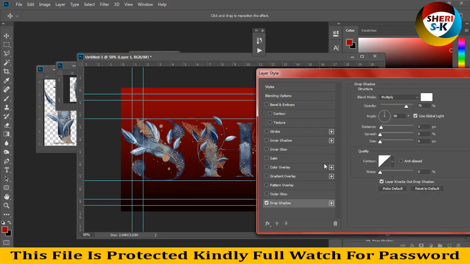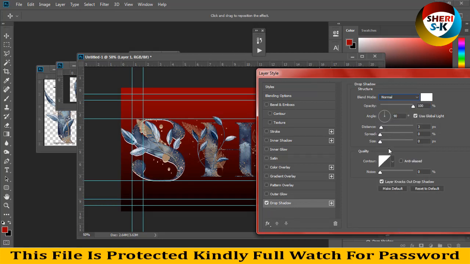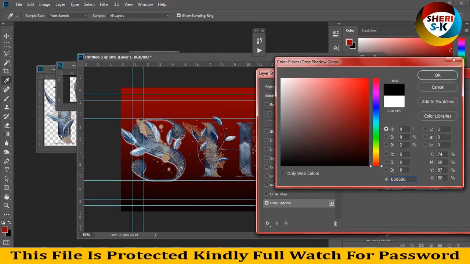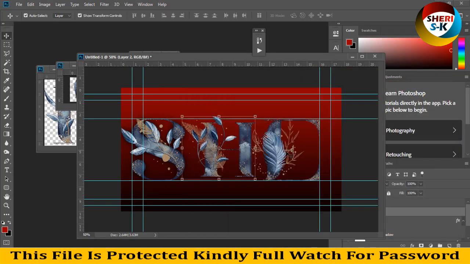Second is drop shadow, blend mode is not normal, and here is size, color is black. Black is better, I think. Distance, you can do better one by one and increase size, and you can change color.